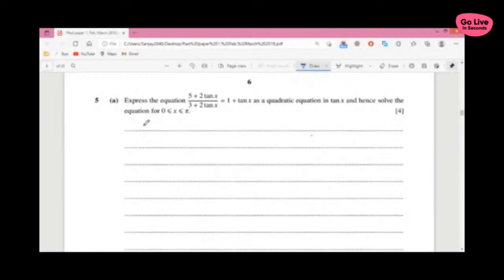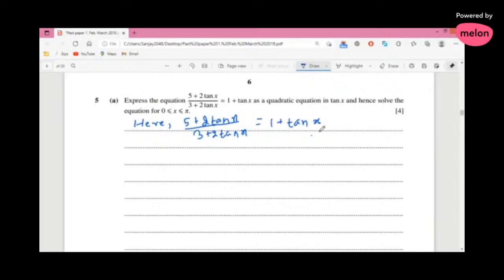So let's start now. Here we have (5 + 2 tan x)/(3 + 2 tan x) = 1 + tan x. We first express this as a quadratic equation, and then we solve that quadratic equation for tan x, and hence x. So by cross multiplication